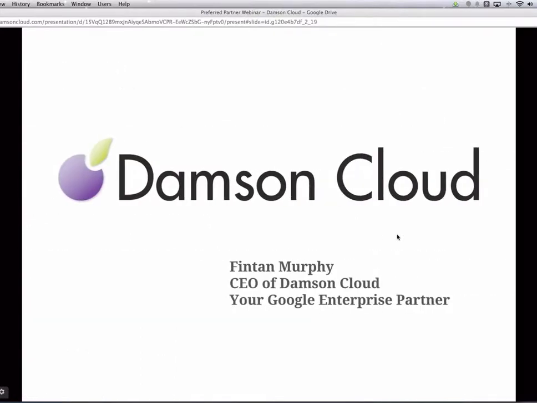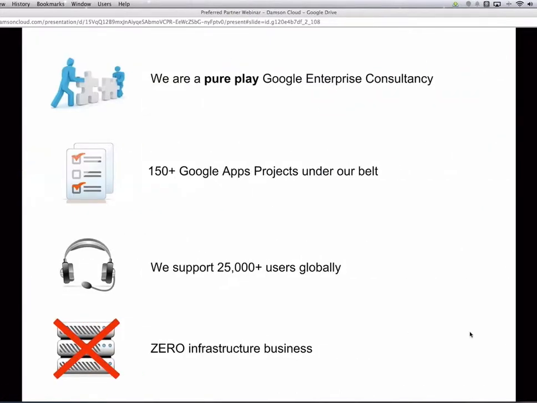Okay, so firstly, I'm just going to do a little bit of an update on Damson Cloud, where we are at the moment, in terms of our business and how things have changed for us over the last couple of years. We're now a pure play Google Apps consultancy. So what that means is that we only focus on the Google ecosystem. And many of you who've worked with us recently will be aware of this, that we are 100% focused on Google Apps. We have over 150 Google Apps projects under our belt to date, and we support over 25,000 users